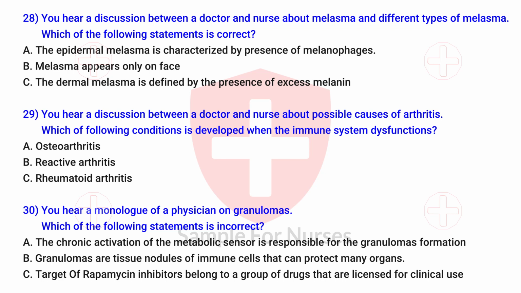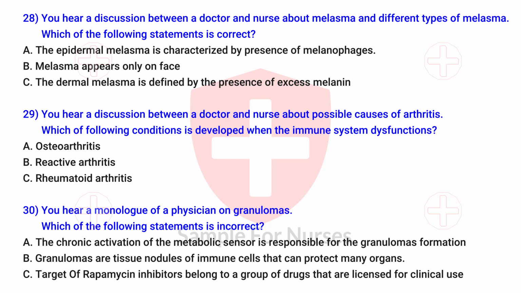Hello, Doctor. What is melasma and what are the types of melasma? Well, melasma is a common patchy brown, tan or blue-grey facial skin discoloration, normally seen in women during their reproductive period. It typically appears on the upper lips, upper cheeks, forehead and chin of women of 20 to 50 years of age. There are 4 types of pigmentation patterns diagnosed in melasma: epidermal, dermal, mixed, and an unnamed type